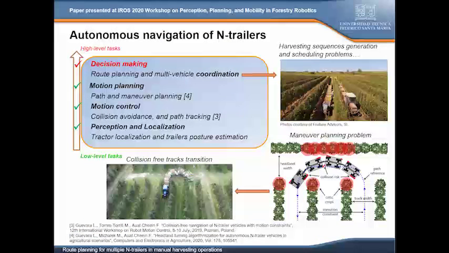When we are talking about autonomous navigation of this kind of trailers, we have to solve typical problems related to low-level tasks, which include perception, localization, and low-level motion control. But we also have to solve specific problems related to the motion planning of end-trailers, which include the maneuver planning for turning scenarios. As is illustrated in these pictures, maneuver planning is important to reduce the collision risk during transition between contiguous tracks. Now, when more than one vehicle is intended to be used, other problems related to high-level route planning